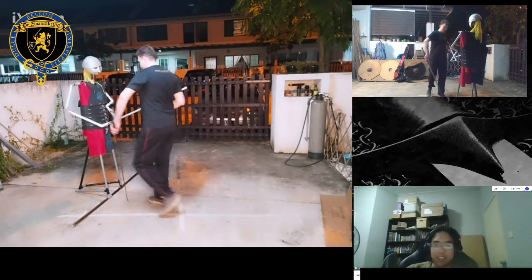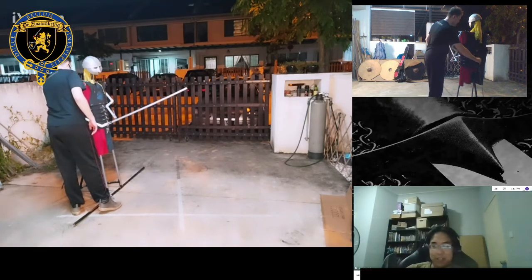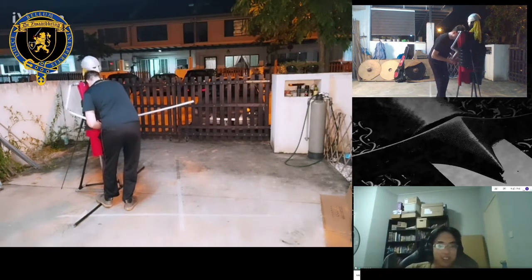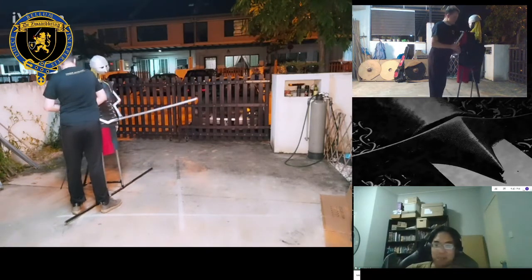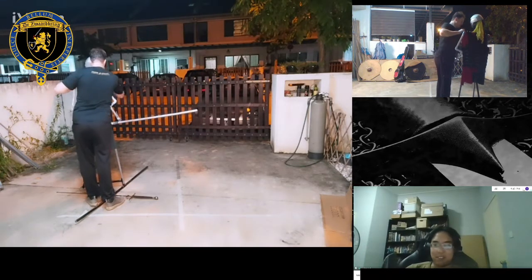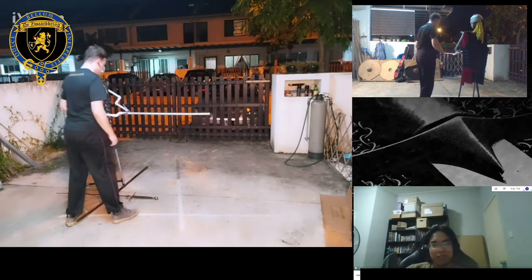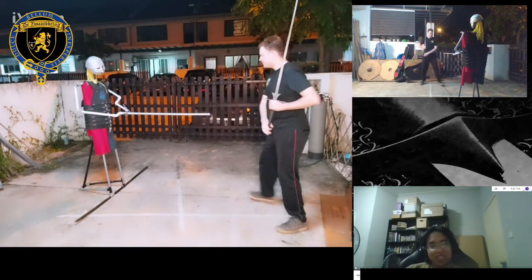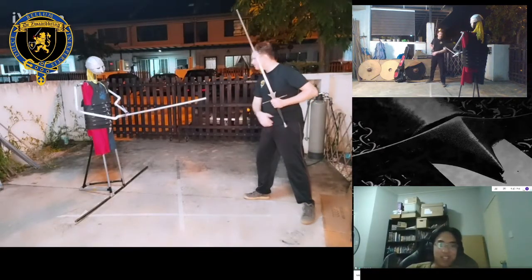Drooping a bit. I want to point out that the initial defense of stepping aside and voiding is also combined with a basic block. You notice he's just pushing the sword aside with his own blade, and that's pretty much just a basic block. It's followed by a thrust. So you're performing a basic block, and then you're following it up with something because your hands are in a strong position to follow it up by putting your point into your opponent. And this is basically how it's described in the manuals.